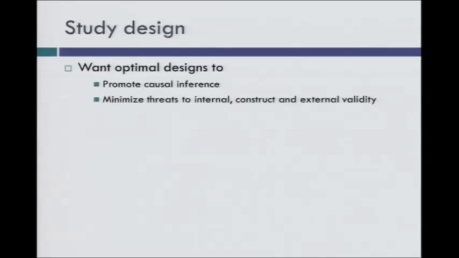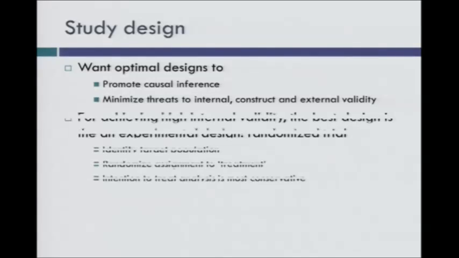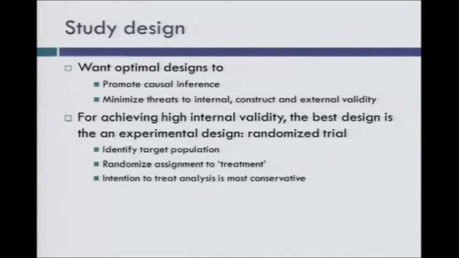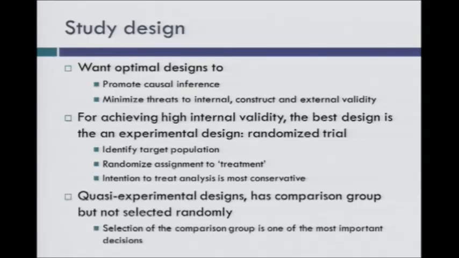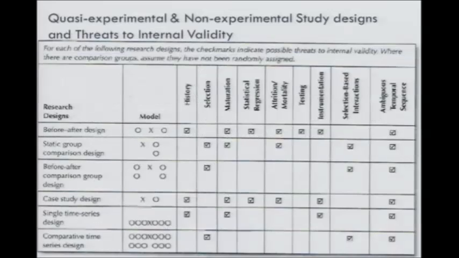Now, for your study design, you certainly want optimal designs to promote causal inferences and to minimize threats to internal, construct, and external validity. So, of course, the experimental design is ideal because it takes care of a lot, not all, problems. Quasi-experimental designs have comparison groups, but they're not selected randomly. I gave you a document in your